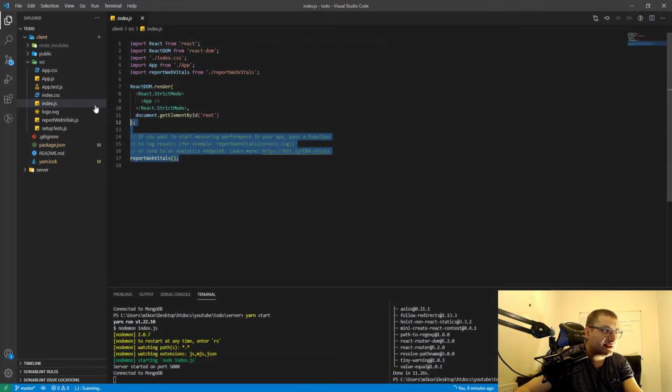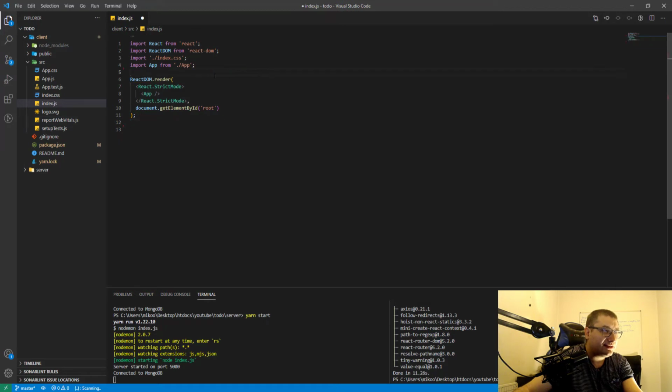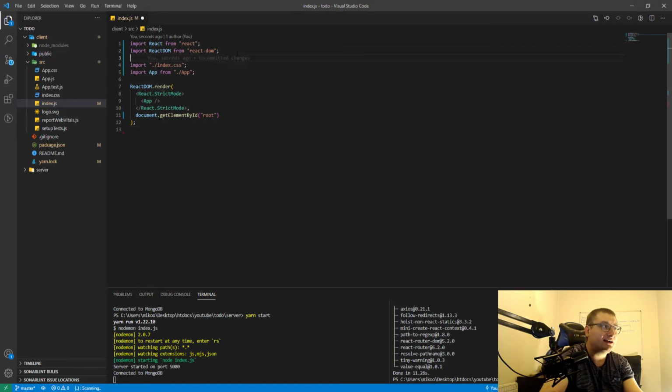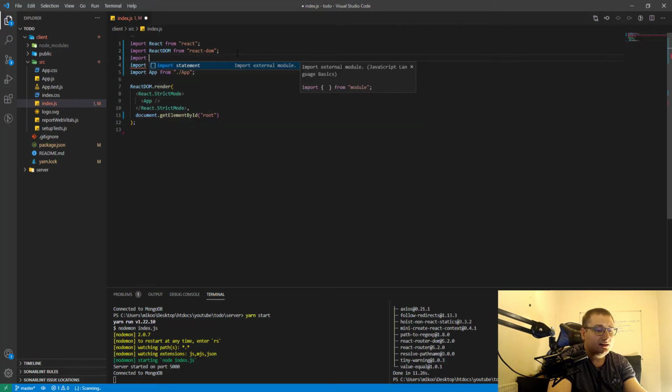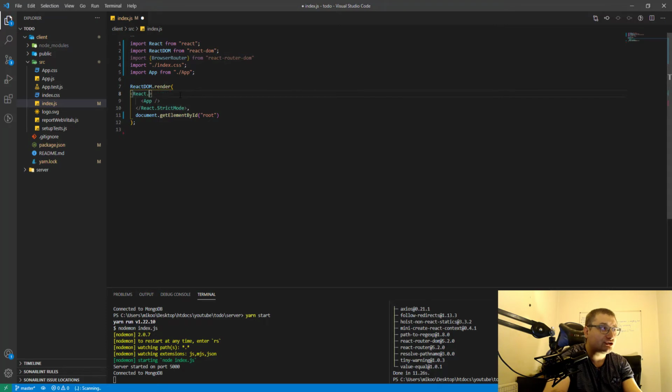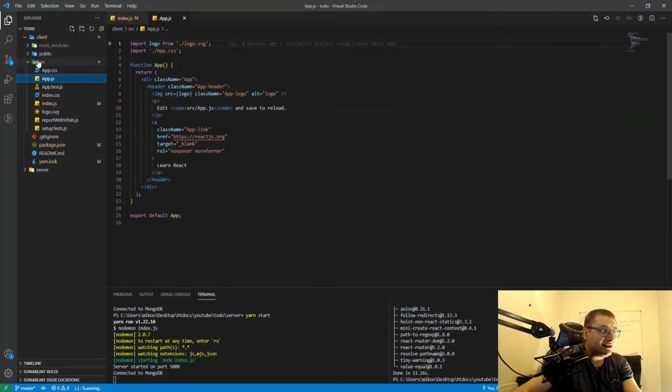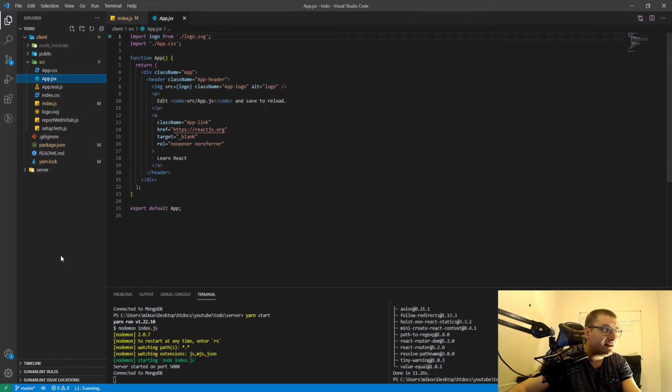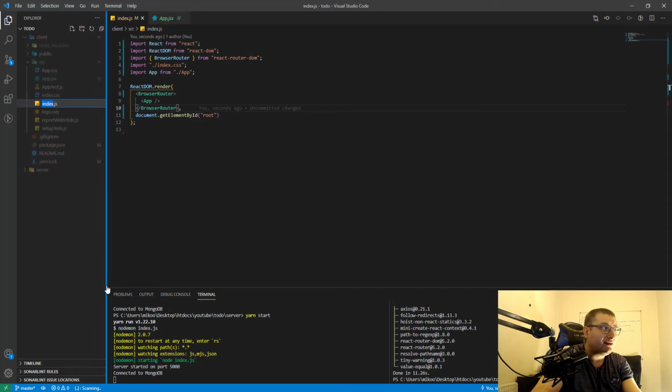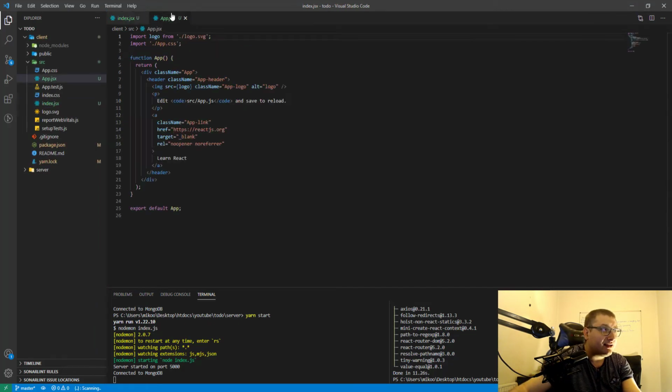So in index.js we can clean this up, we can clean this up, and we need to say import BrowserRouter from react-router-dom, and instead of this React StrictMode we will say BrowserRouter, and here as well BrowserRouter, and in our app.js I will just rename this to JSX, and this I will rename to JSX, and here